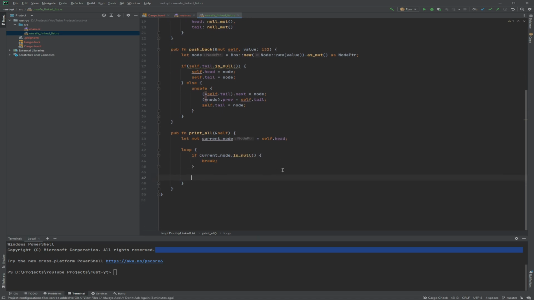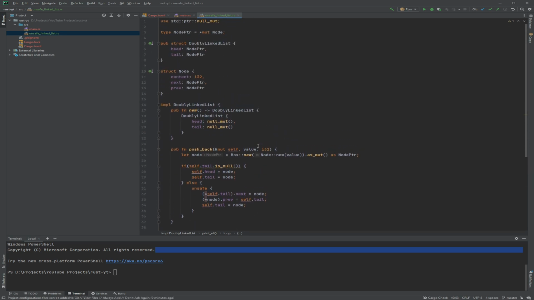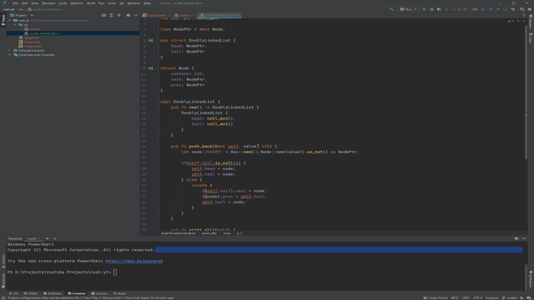Thanks for telling me, Clippy or cargo check, whichever one you want to use. Alright, if it's not null, now we're going to dereference it because we want to print the value. So I'm going to dereference the current node and get the content. And then we want to go to the next one. That's pretty much the fastest way to write a node.